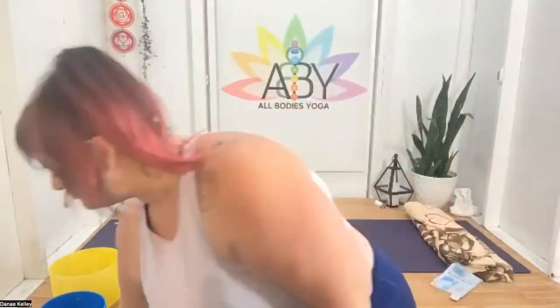And then when you're ready, from child's pose, slide the palms back towards the body. Press up into a tabletop position. And from our tabletop, let's find a gentle seat. Maybe that's legs crossed in Sukhasana once more. Maybe we leave the legs extended. But from wherever we are,